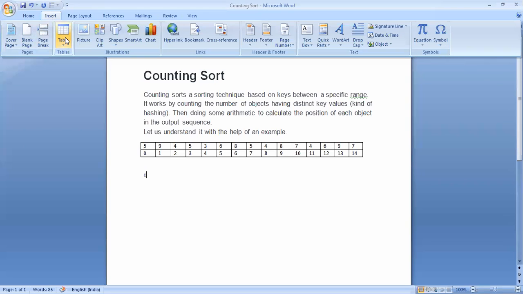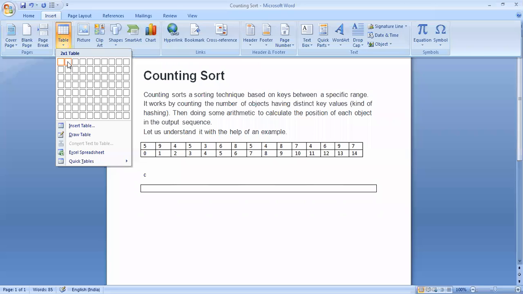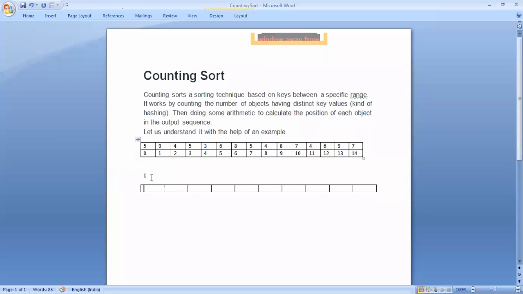Let's take the indices 1, 2, 3, 4, 5, 6, 7, 8, 9, 10. So we initialize the C array. Parallelly, let us write the loop to initialize the array. First, for i equals 0, i less than k, where k equals 10, the size of the C array.